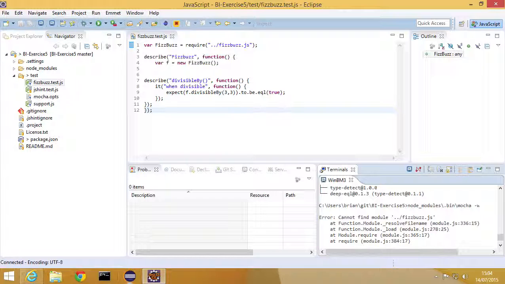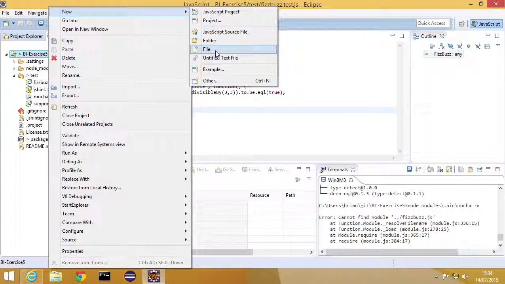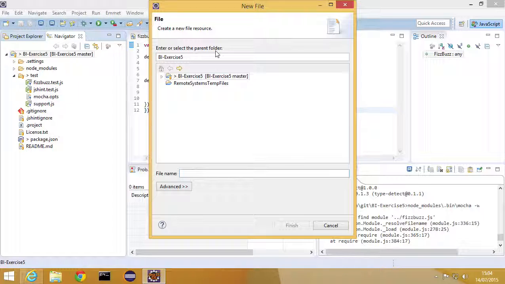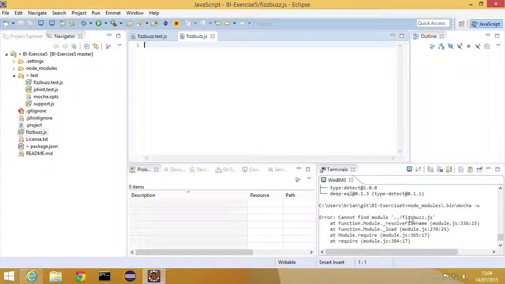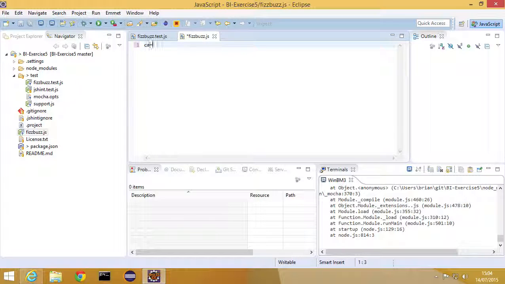So the first thing we need to do, obviously, is go into our project, new file, and we're going to create the fizzbuzz.js file, because that's the first thing our test is asking for. And then once we're in that file, we need to actually create the fizzbuzz object. So var